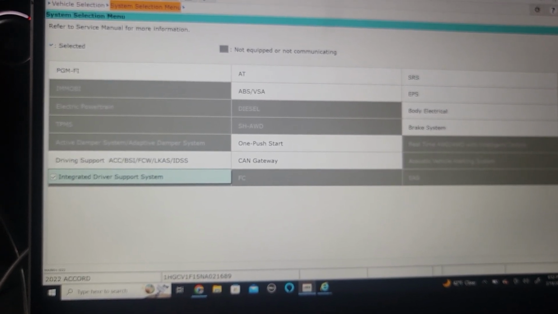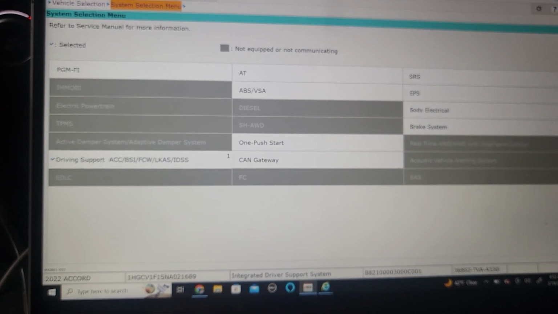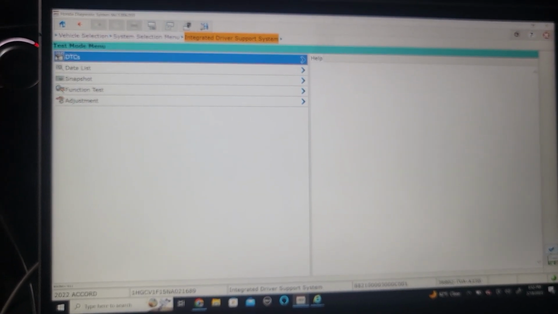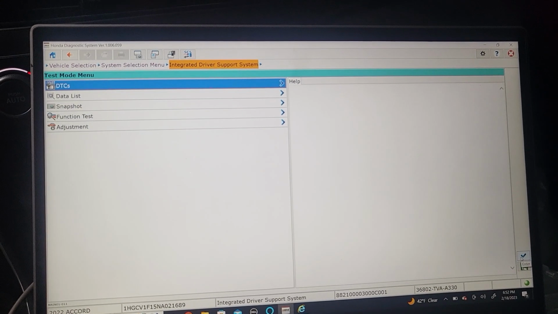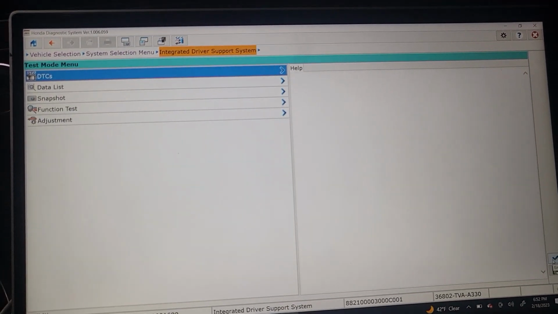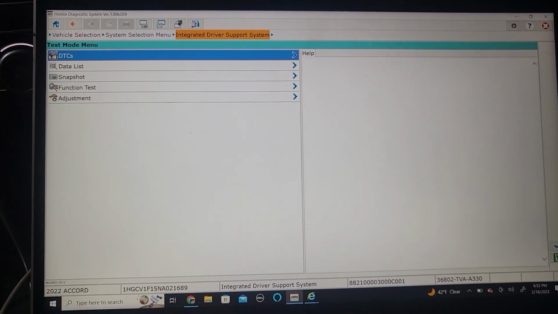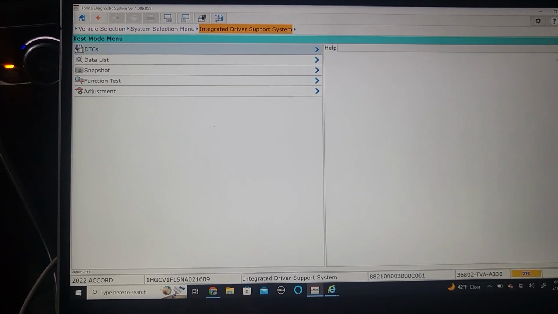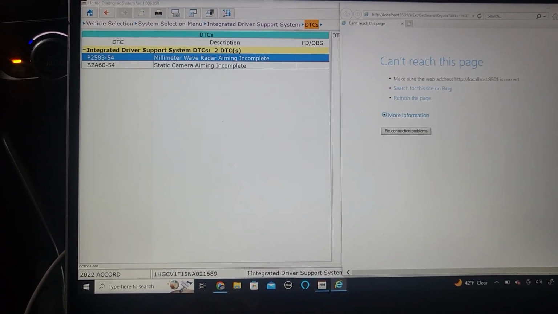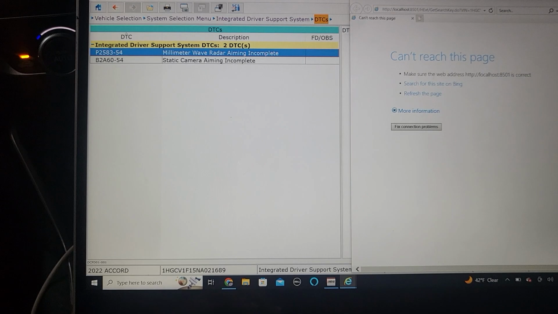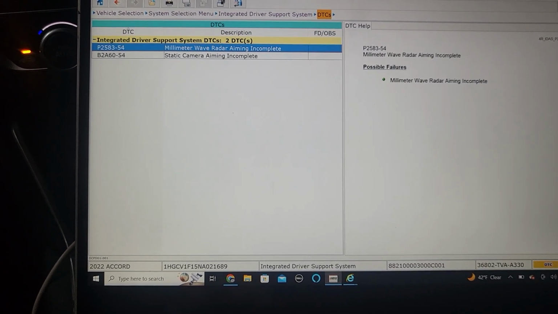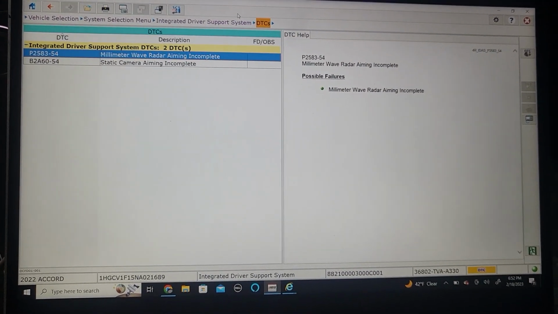integrated driver support, close it, go open it. Hopefully it's clear. If it's not clear, I have to look for other. Is there any DTC here? Yes. What DTC do you have? I have those DTCs. So if you want to do the repair for this,